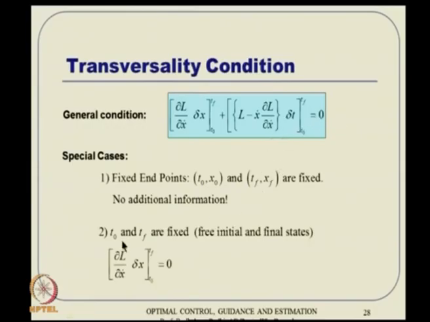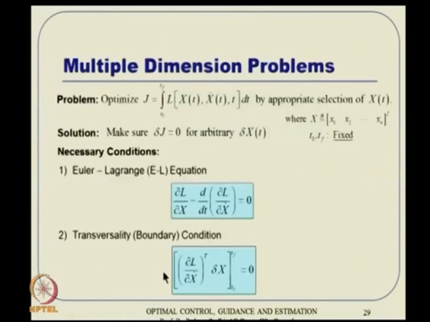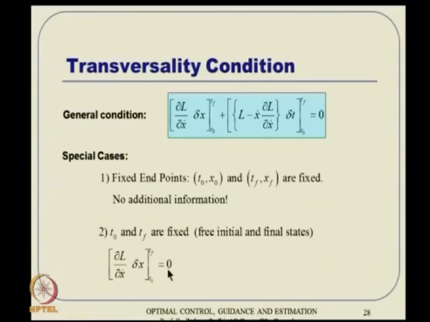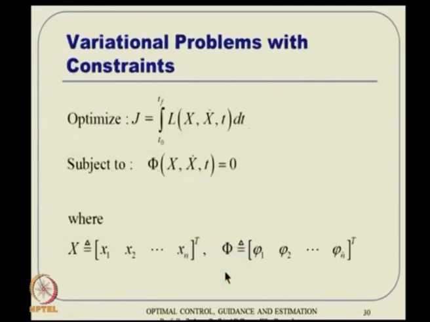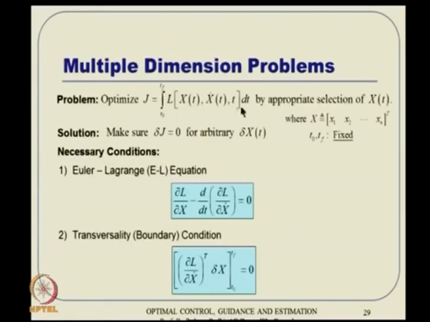However, if t naught and tf are fixed, but x naught and xf are free, then you have to use this condition. And again, depending on whatever constraints we have, whatever is free, the coefficient has to be 0 actually. Okay, so there we will get another boundary condition that way. All right. So then we extended this concept to multiple dimension problems,